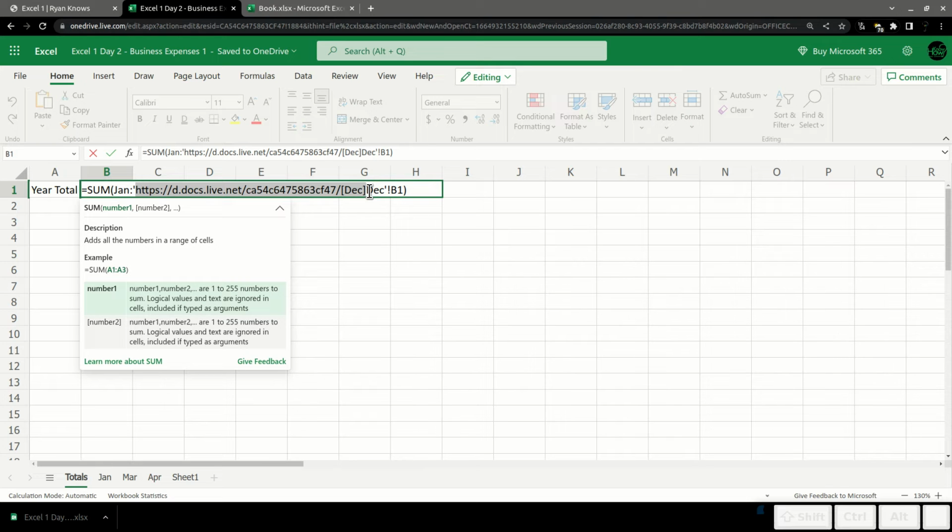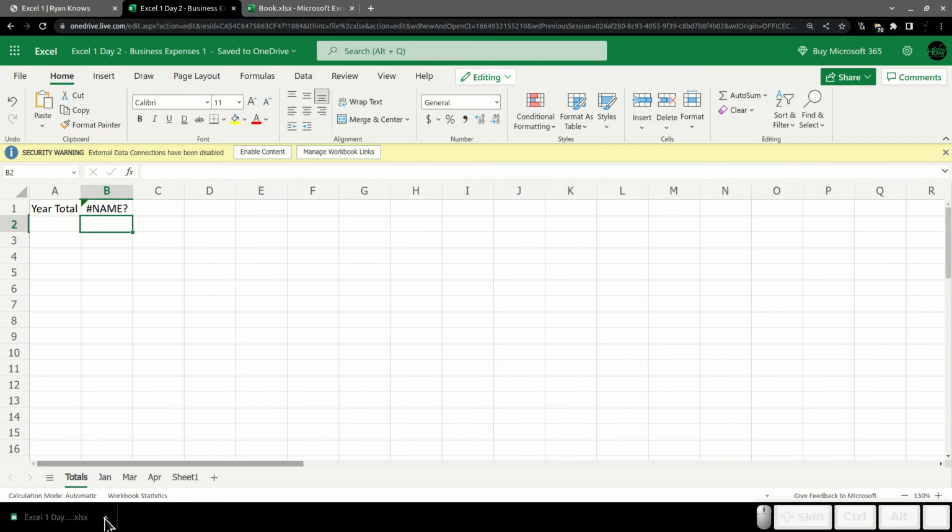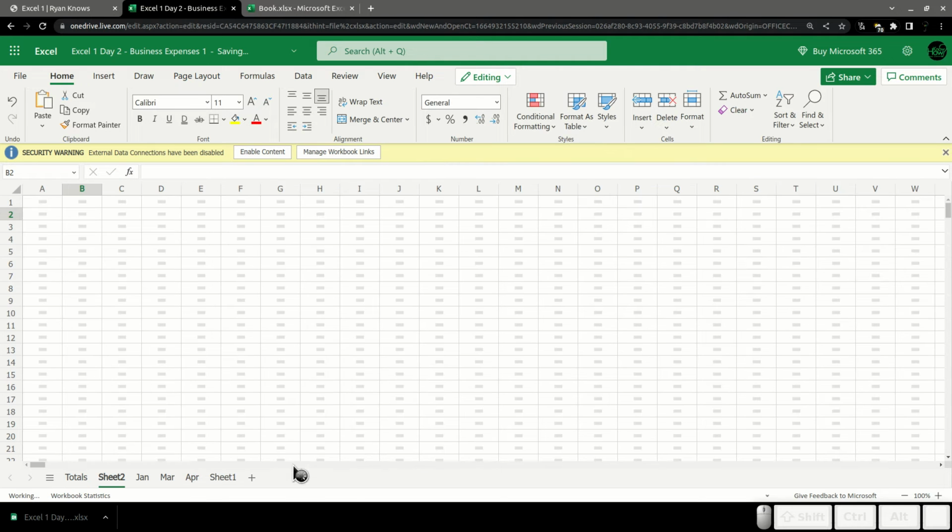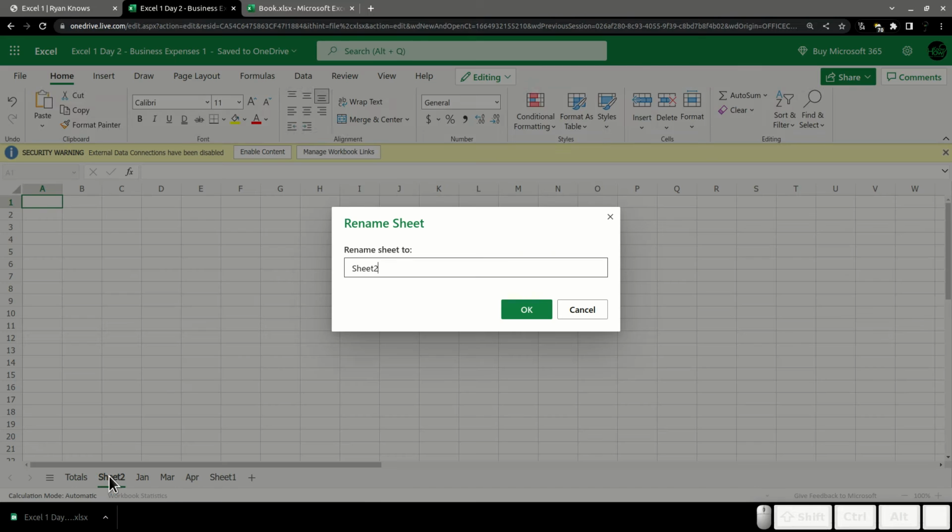Oh, yeah. So Excel tried to do another thing here for us automatically. It couldn't find a sheet called December. And so it inserted something to try to find it. So since December doesn't exist, it just won't do that for me. So what I'm going to do down here, create a few more sheets.